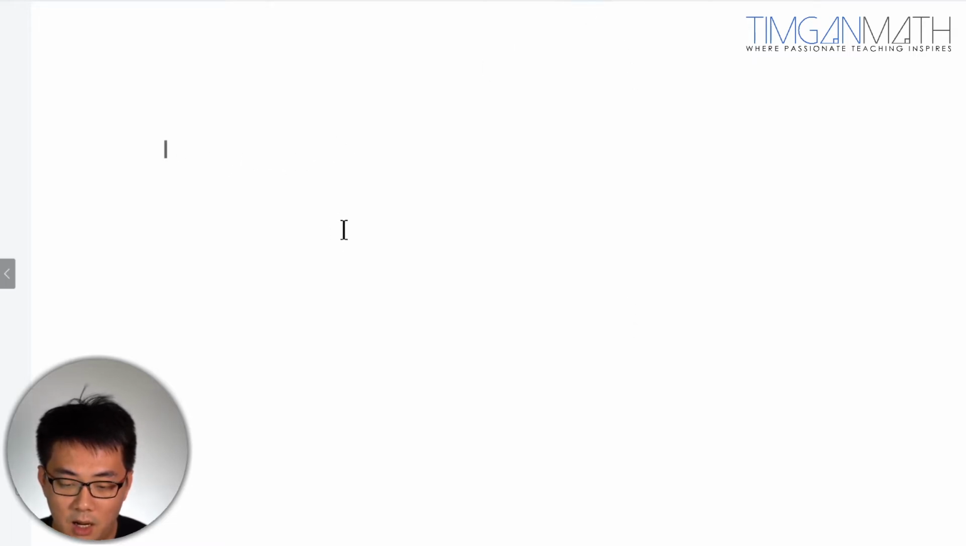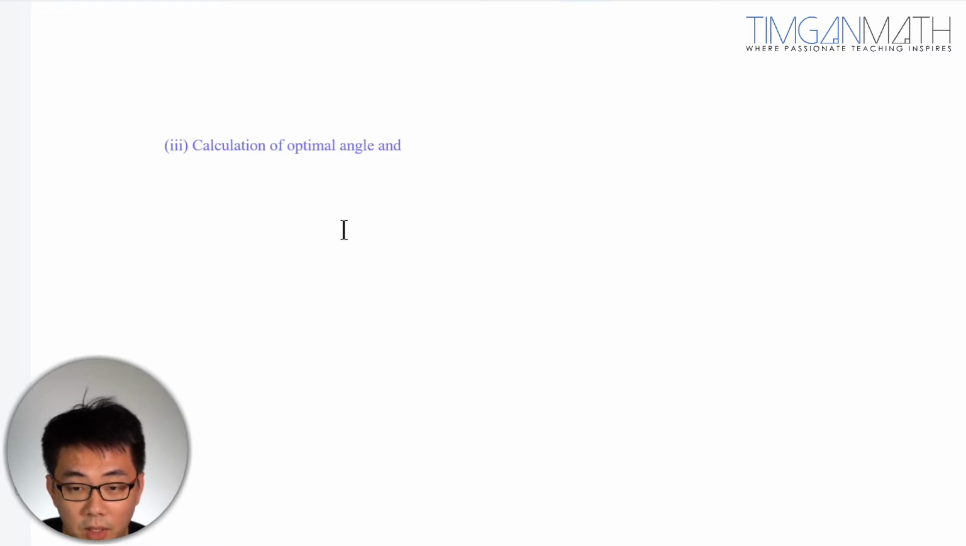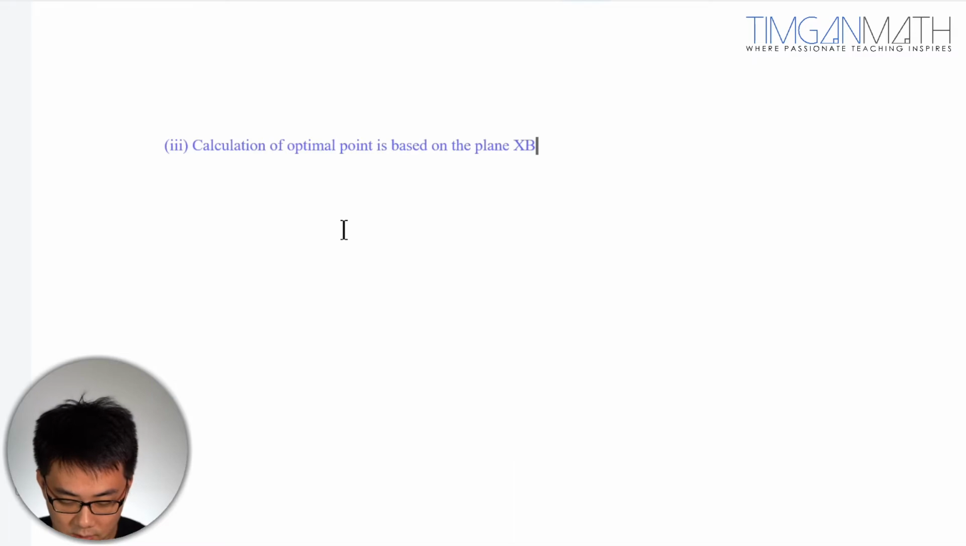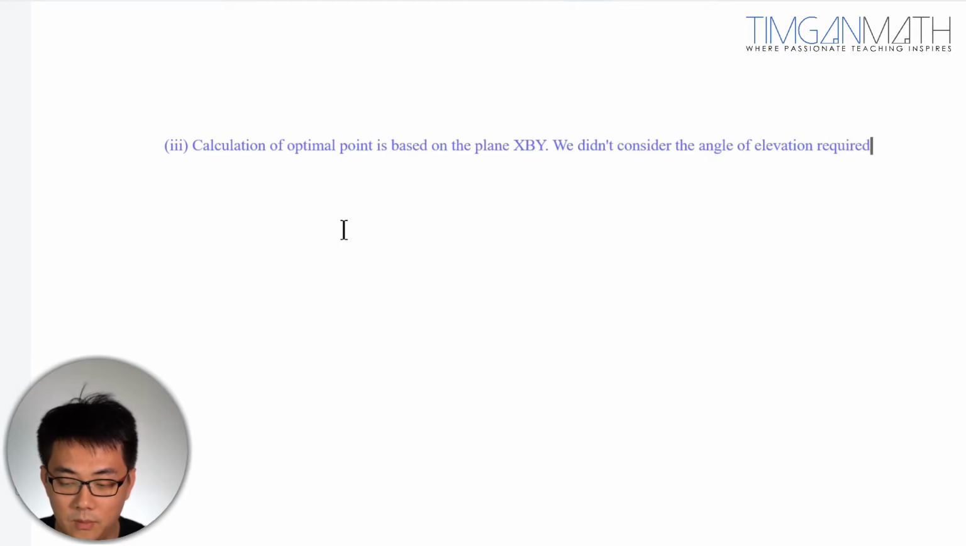So basically, part 3. Our calculations of optimal angle and optimal value, right? Optimal point is based on the plane x on the xy plane. Okay. We did not consider the angle of elevation required for the ball to be kicked